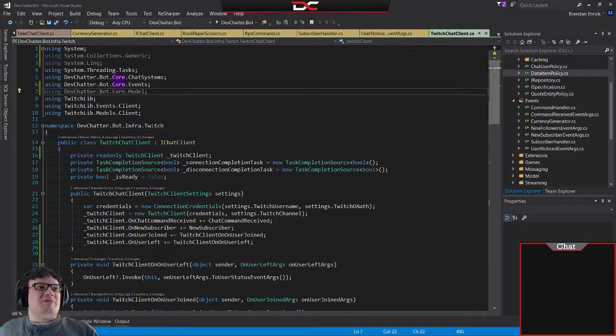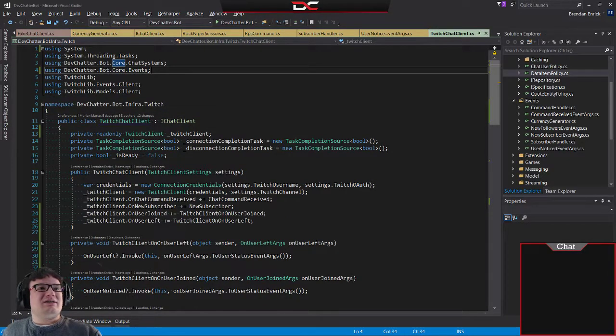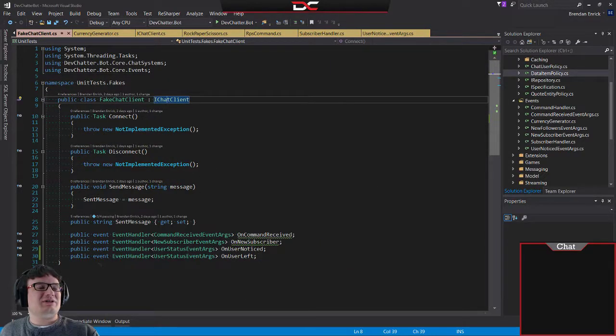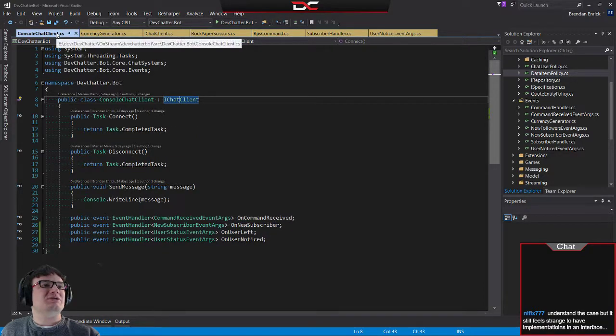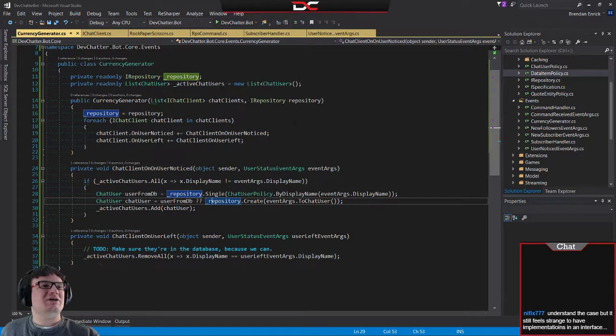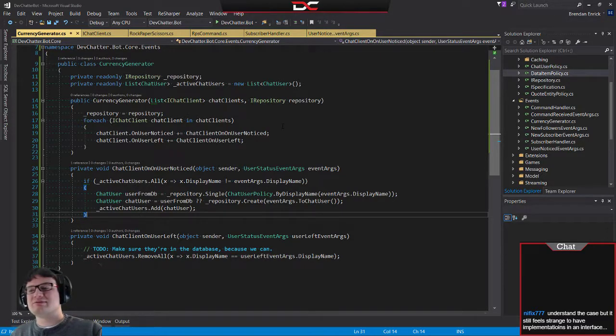I don't actually need to wire them up here because the underlying Twitch client methods are already wired up. And then over here, what is this, the fake chat client? That's fine. I don't care about the fake chat client. The next one should be the console one, which I also don't care about. And then back here inside of our currency generator,